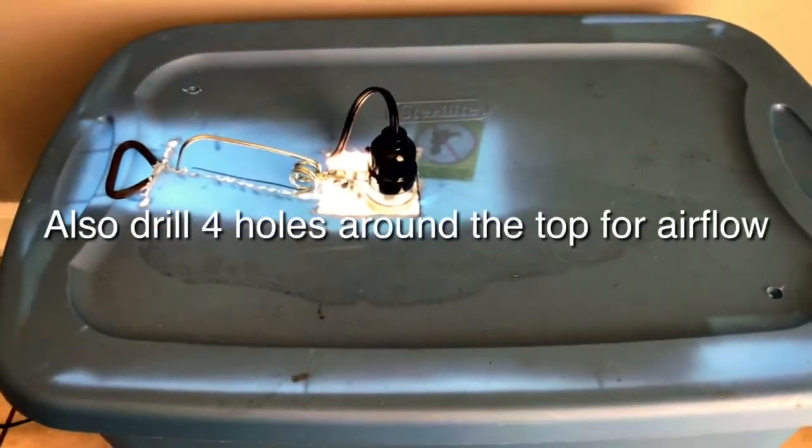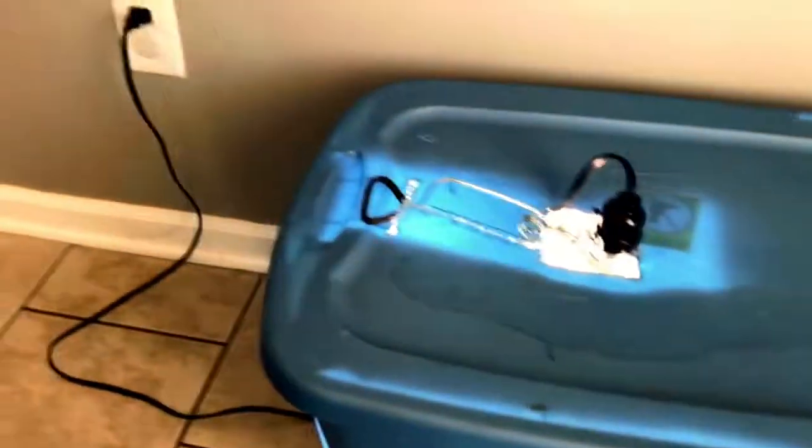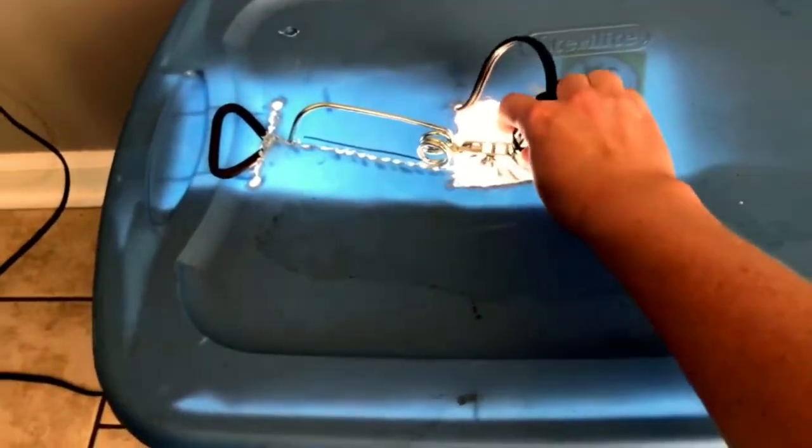And this is what your grow light box will look like once you have it turned on. I have it plugged into the wall, and as you can see, the light is on. And this can be adjusted. You can push this down closer to your...